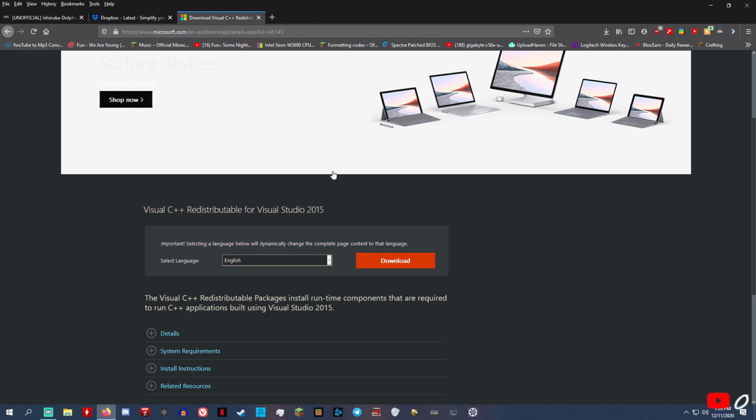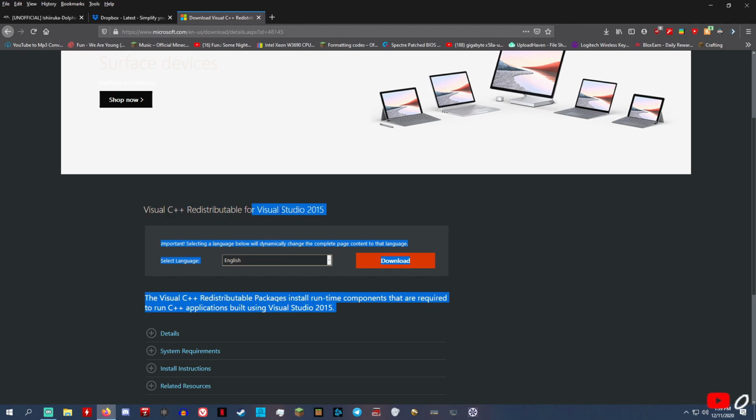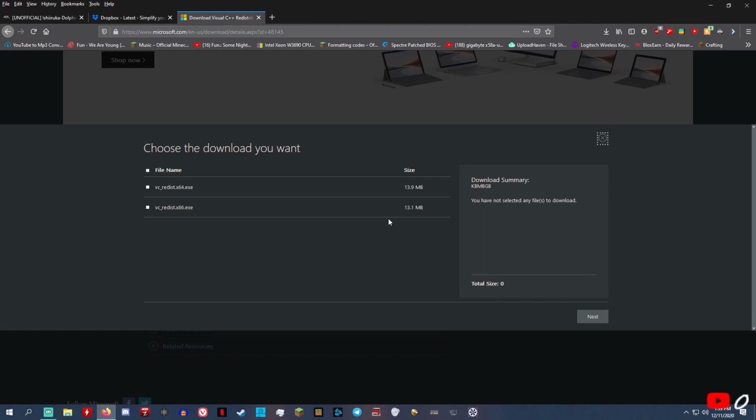I'll have this in the link most likely too. Basically all you're gonna want to do is find the download button. It's pretty obvious, it's right here. And then you want to click the version that your computer has or the version that you downloaded. So I downloaded the 64-bit. You should do the version that you downloaded, which matches the version your computer is. So I'm gonna do this version, and next,